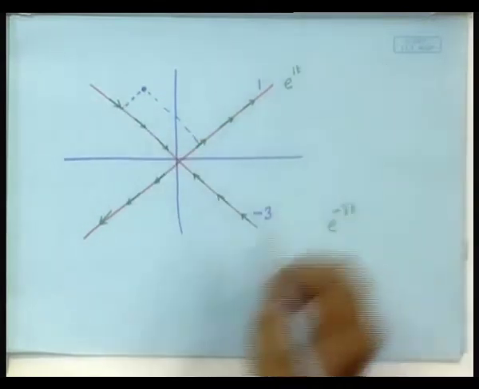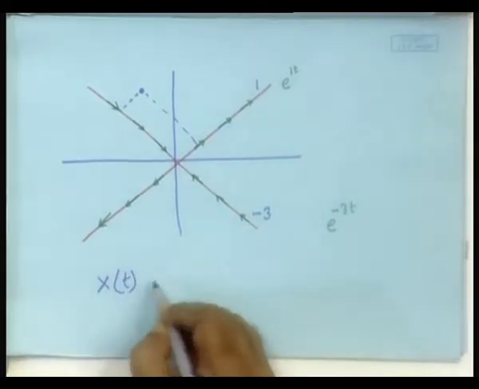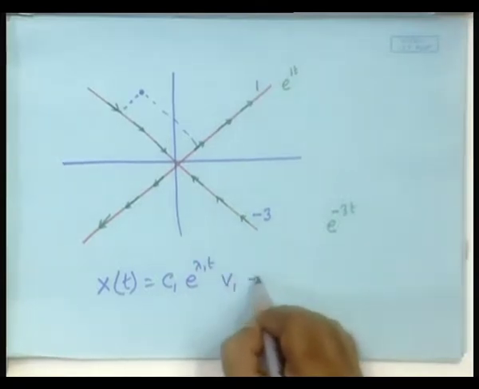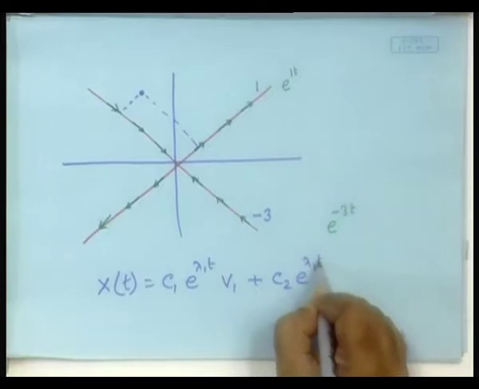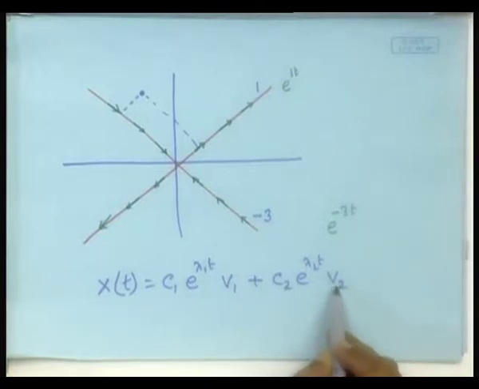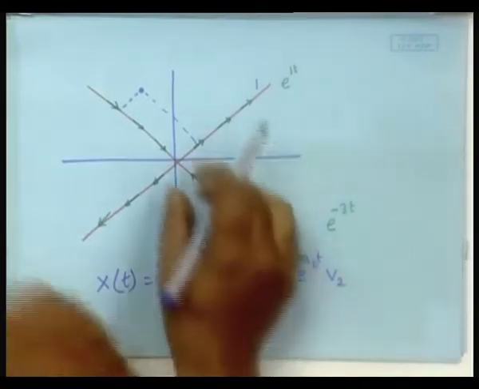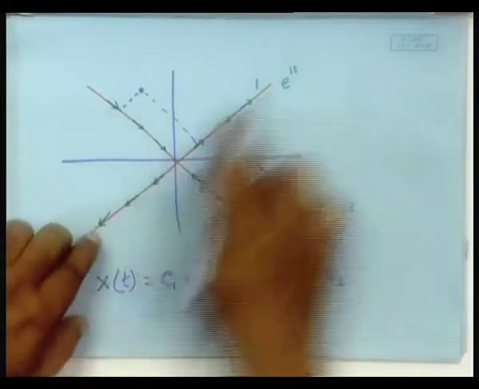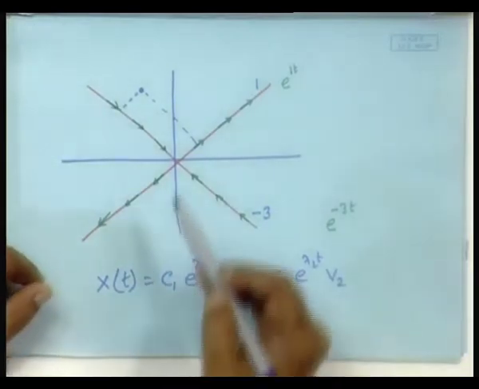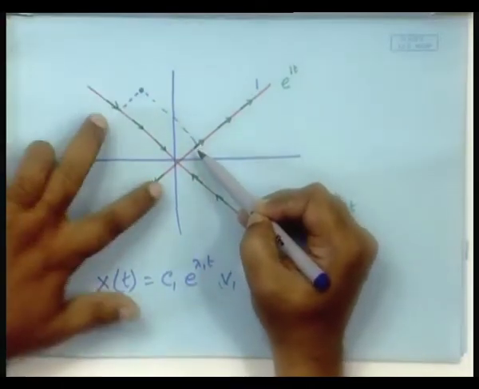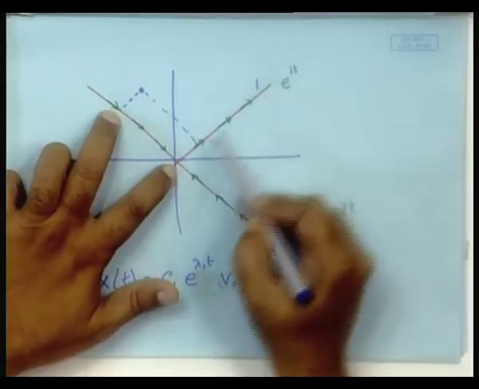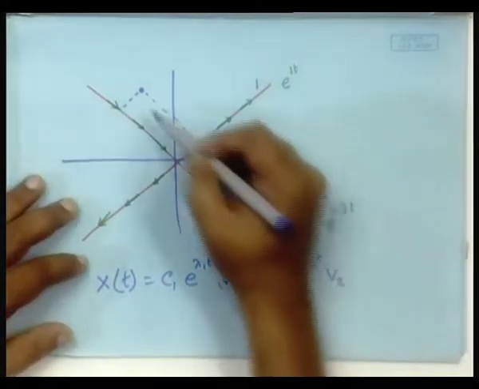Because ultimately your x of t is c1 e to the power lambda 1 t v1 plus c2 e to the power lambda 2 t v2. So, v1 and v2 are the components along the two eigen directions. Consider them separately, because they are actually evolving separately. So, this is the component along this eigen direction which decays, and this is the component along this eigen direction that increases. So, the behavior will be